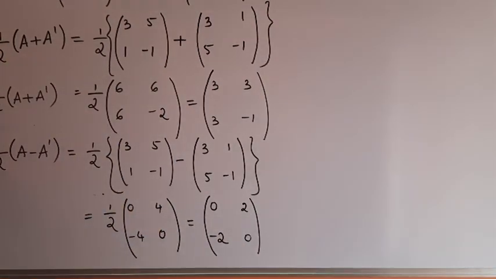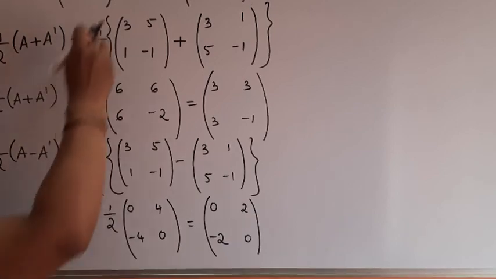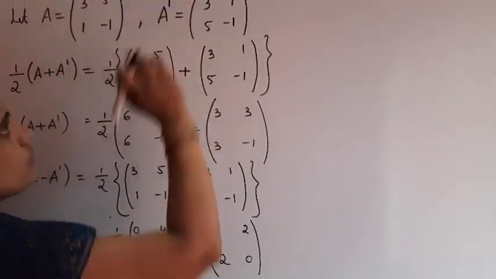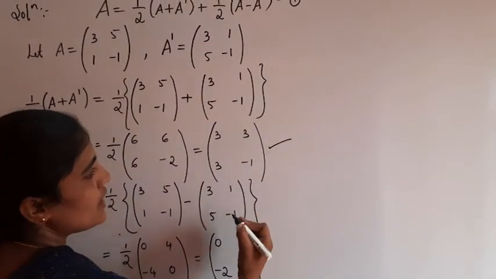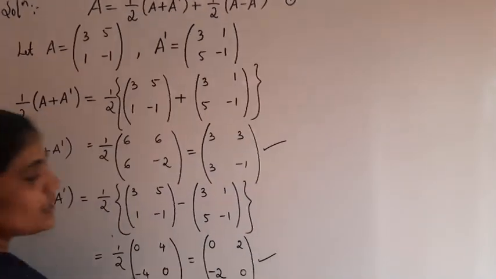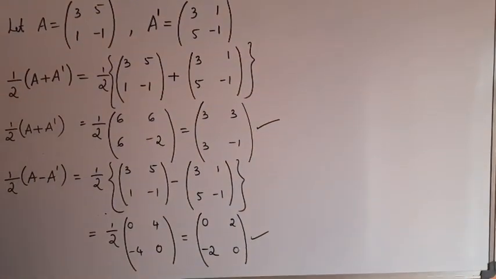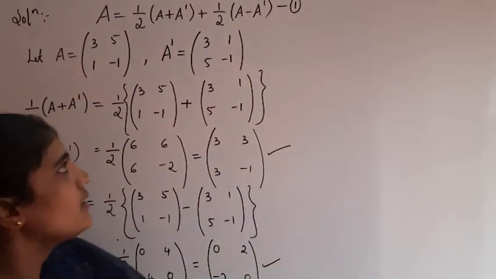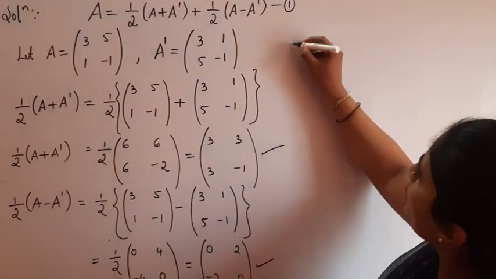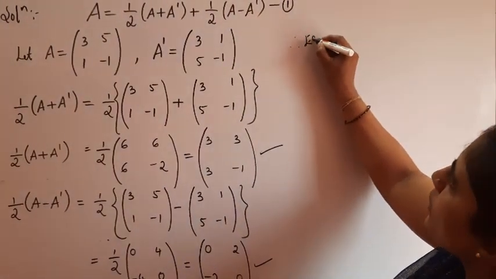Okay. So here we have found the two terms of equation 1. So let us substitute those two values. So this is 1 by 2 into A plus A dash. This is 1 by 2 into A minus A dash. So substitute these two matrices in equation 1. Okay. See here. So therefore equation 1 becomes